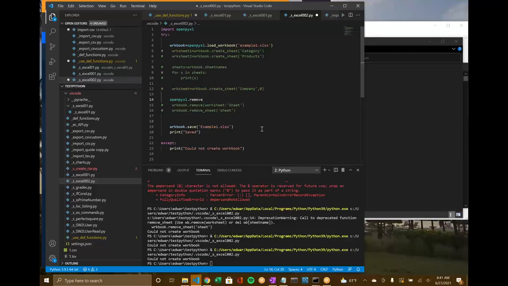It should be easily removed from the worksheet without any difficulty. Otherwise okay, we have added like that. Okay, this I'll tell you later on, but we can proceed with the other things. What we do, we have displayed already existing sheets, all sheets we have displayed, that is fine. Next thing is,